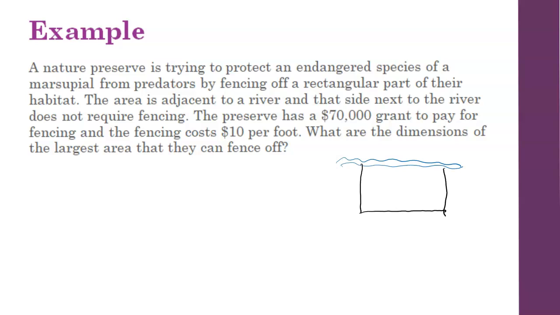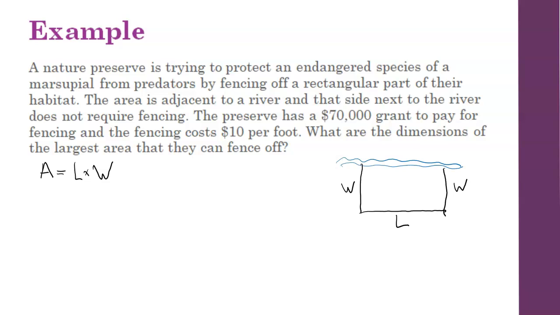of this rectangle. So let me start by writing the formula for the area of a rectangle. I know the area of a rectangle is length multiplied by the width. And I'm going to just label my shape with length and width. Doesn't matter which one you call which, right? And I know since it's a rectangle, if I call this side W, this side is also going to be the same length,